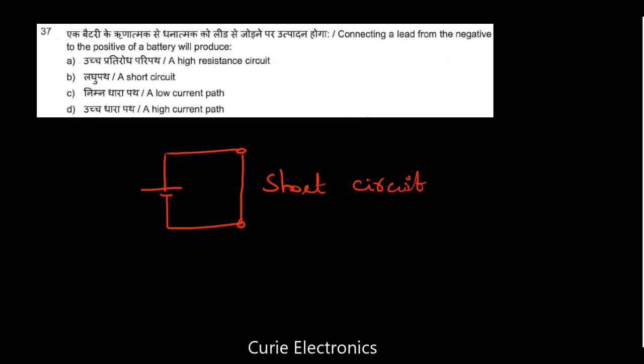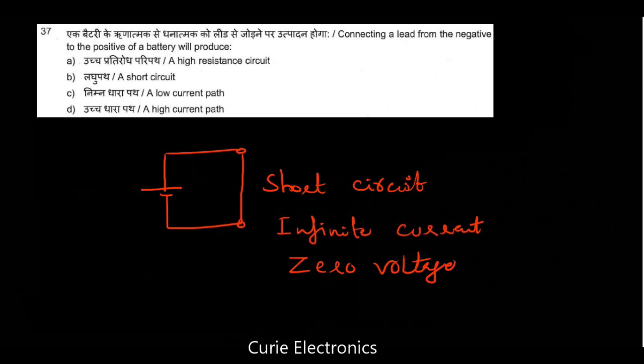What is the property of a short circuited circuit element? That is high, infinite current flow. Infinite current and zero voltage. Those are the properties of this short circuited component. If an element in a circuit is short circuited, then there is going to be infinite current flow. In practice it's not infinite, it's limited, but maximum current will flow. Then the potential is going to be zero.